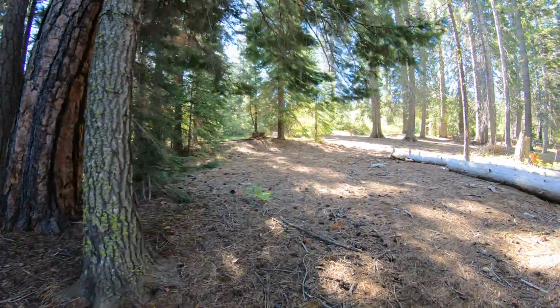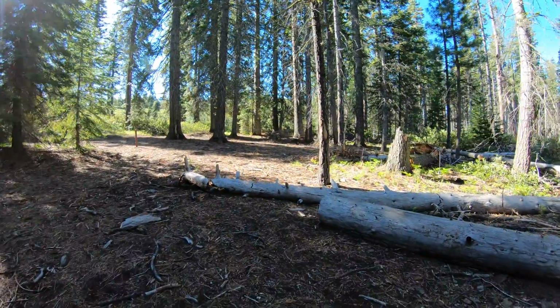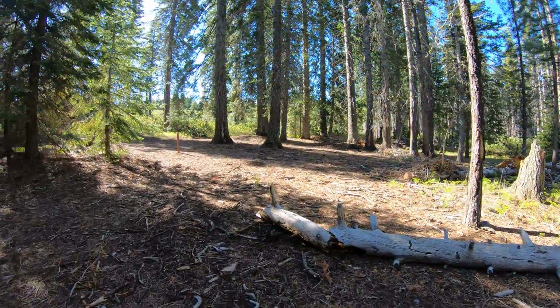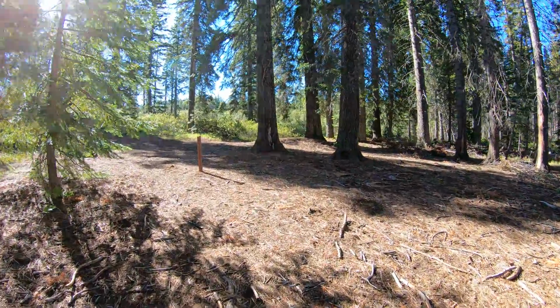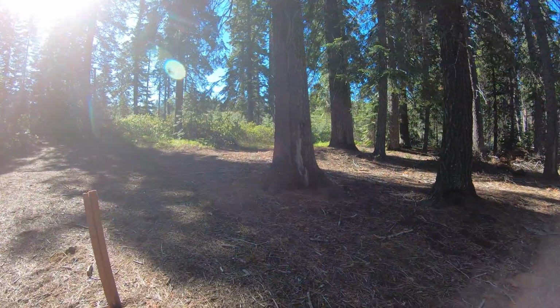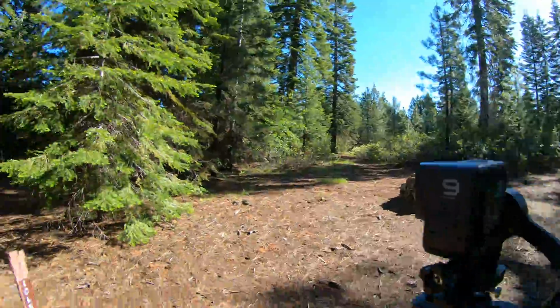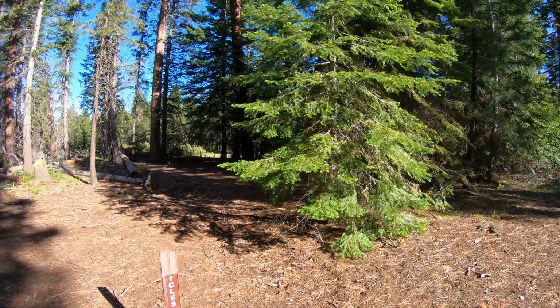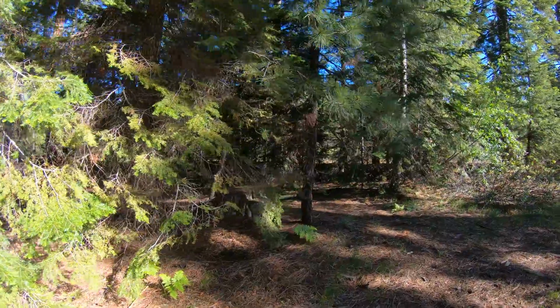So anyway, let me go over and check out this sign. I think it says no vehicles, I'm not sure. It might say the property boundary, the forest. Yeah, this just says no vehicles. Or at least it did before somebody followed the sign. So anyway,